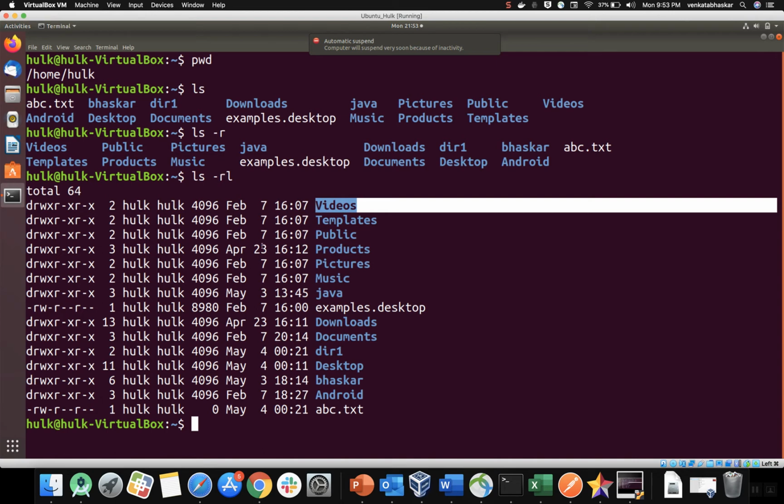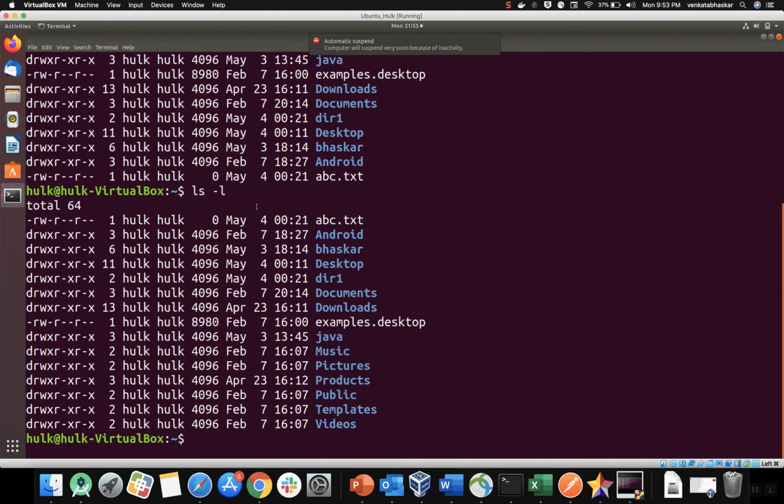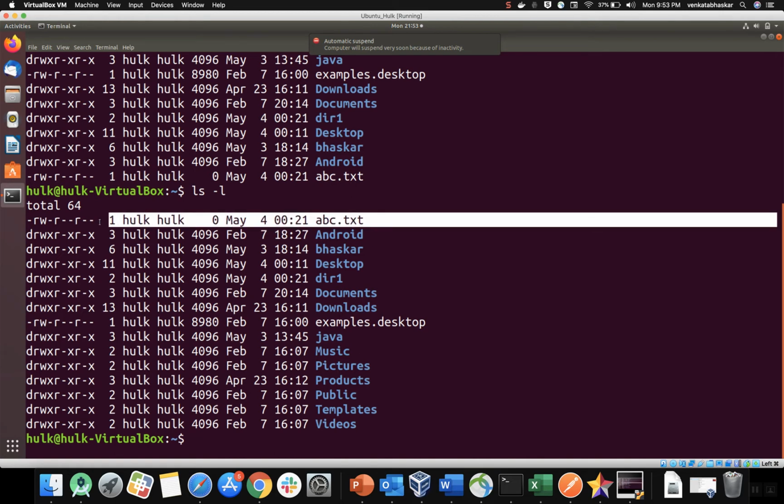Now without r, I will use the ls hyphen l command. See how it is displayed in long listing of files. Take this as an example. Hyphen indicates a normal file, d indicates a directory.